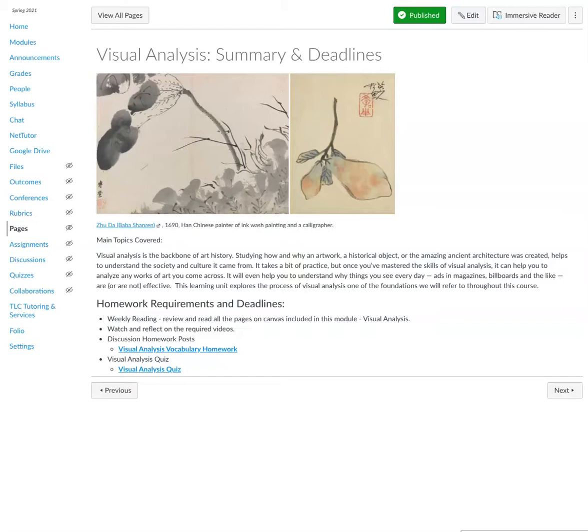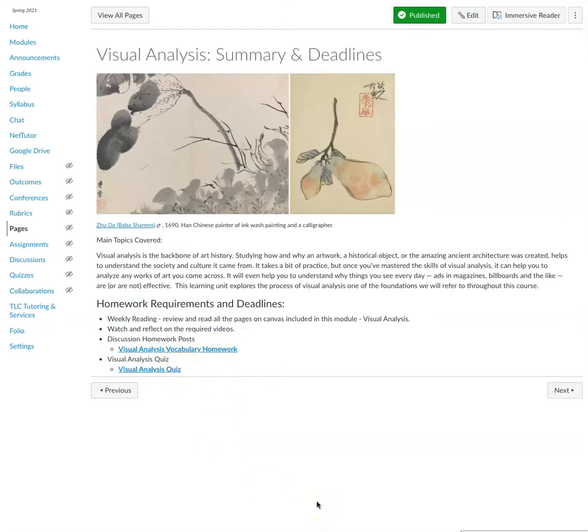So I'm going to go over all of the contents and the requirements for this learning unit. You're always going to want to read whatever text I've included on each page, and with this particular learning unit, that's all of the reading that is required: just review the information and any required videos that I've included. There's one discussion post and one weekly quiz, and those are quick links that take you to those